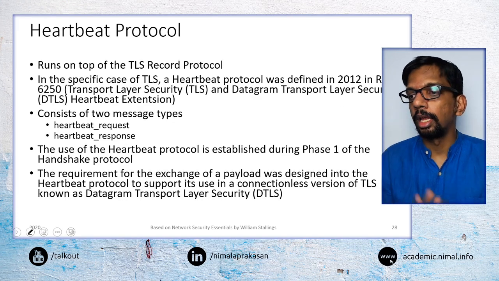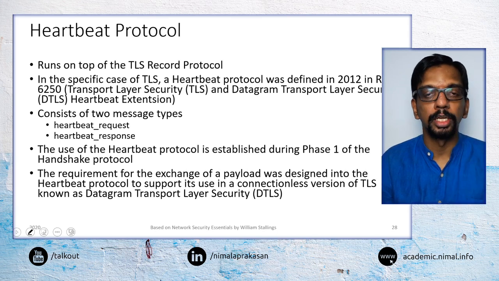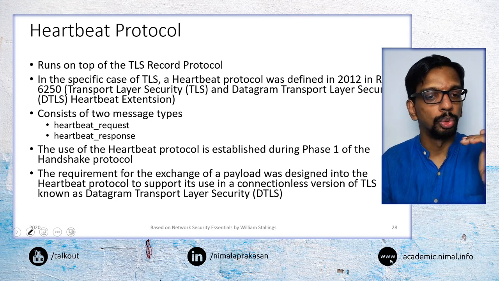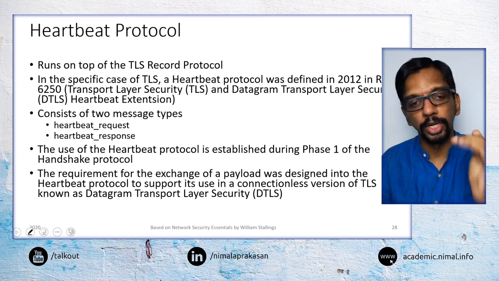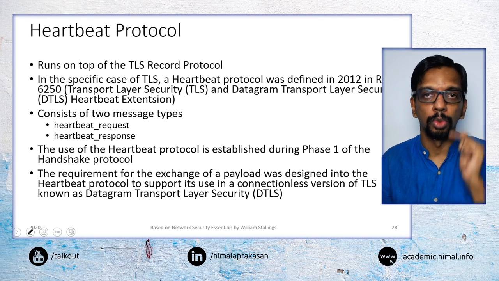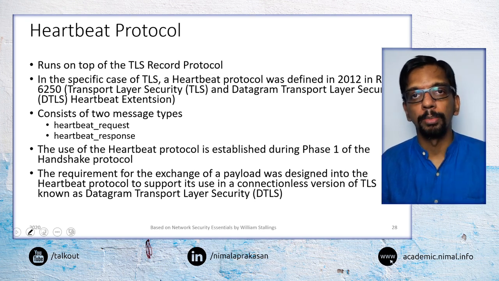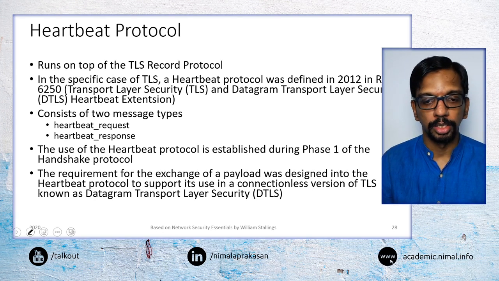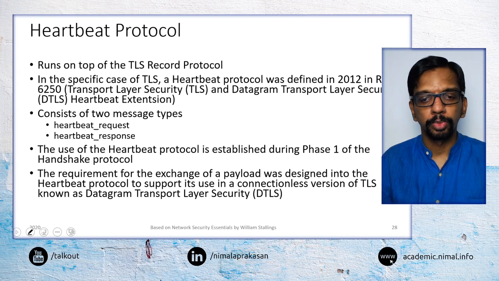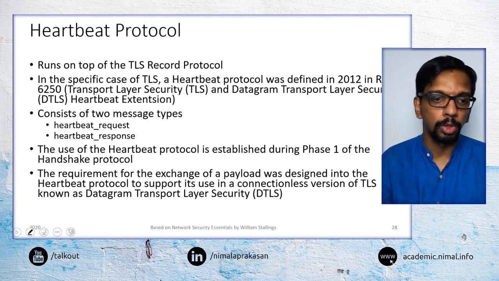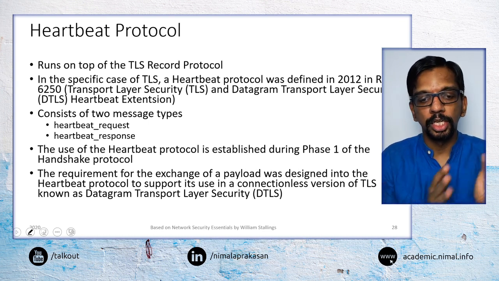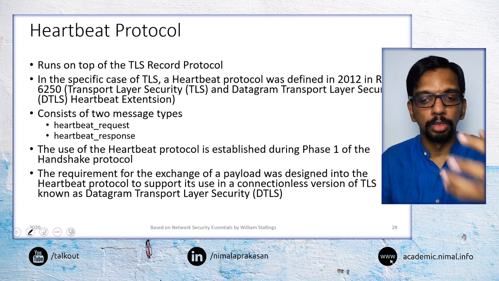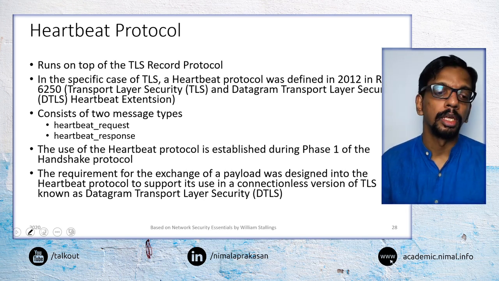Again, the heartbeat protocol runs on top of the TLS record protocol, and it has two messages. One is called the heartbeat request and the other the heartbeat response. One entity may send a heartbeat request and the other entity may respond with a heartbeat response. The heartbeat protocol is established during phase 1 of the handshake